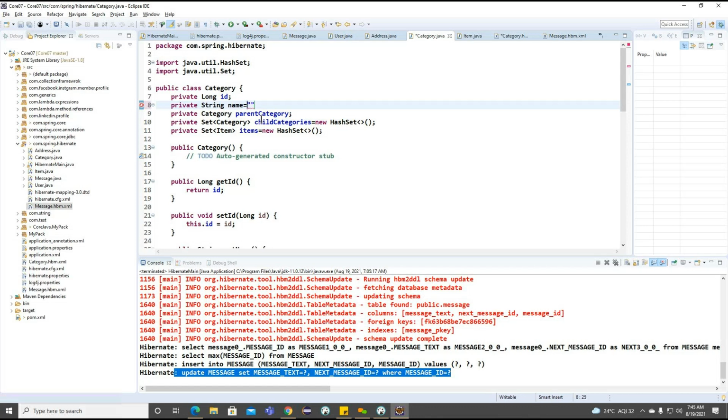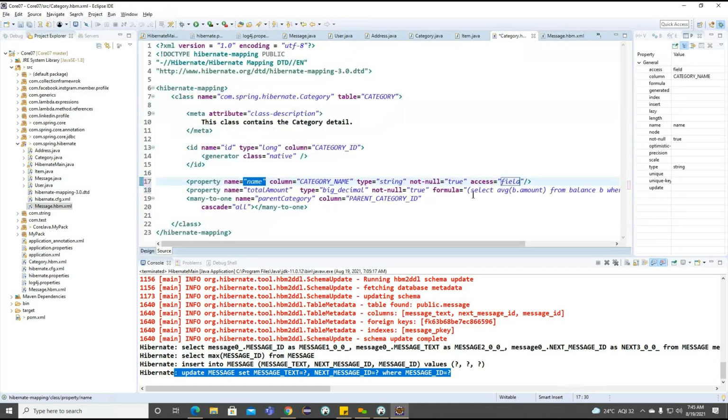In this case we don't need any setter injection. This is all about field-level access. But by default, which one do we use for the access attribute? Property. So this is also how we can set the access level. But if we want to provide the value dynamically, now what we can do is go for the one class we have here.